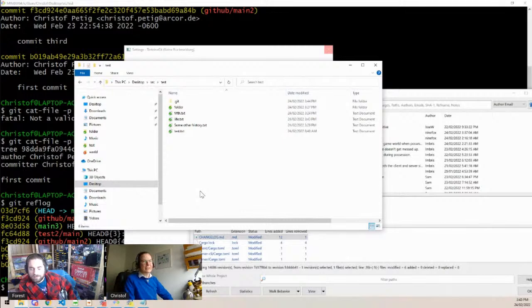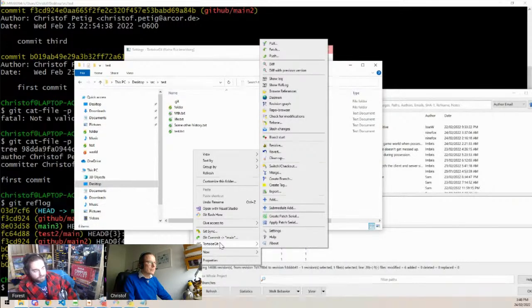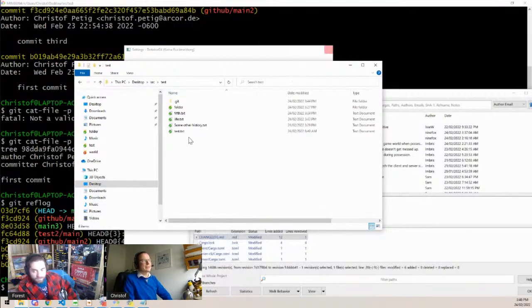Actually, it's named kdiff3 for a reason, because it can also do a three-way merge and three-way comparison. For that, I need a merge. I don't have a file in here which has interesting enough changes to see a three-way merge. But if you have a merge which had a conflict, for example, you would directly be able to